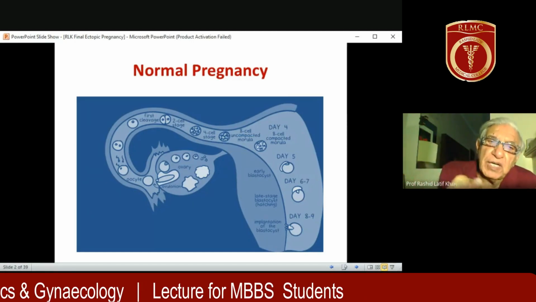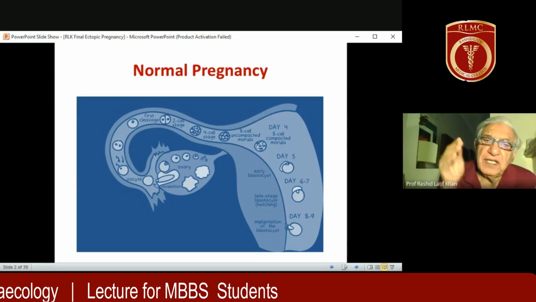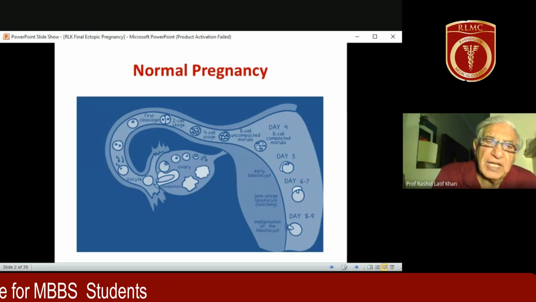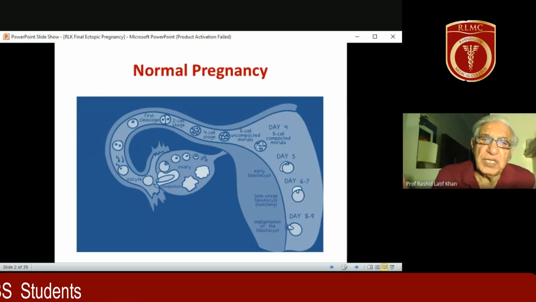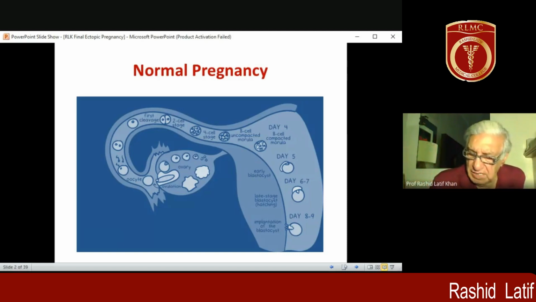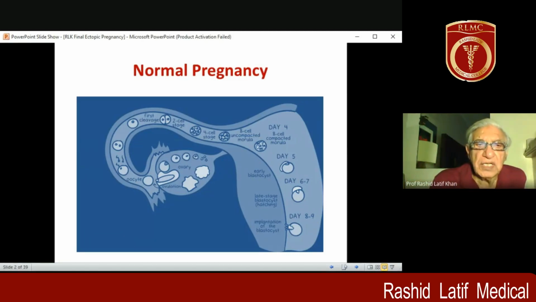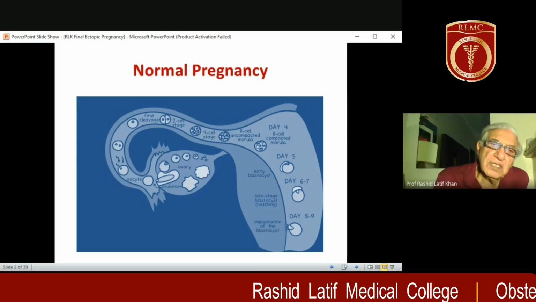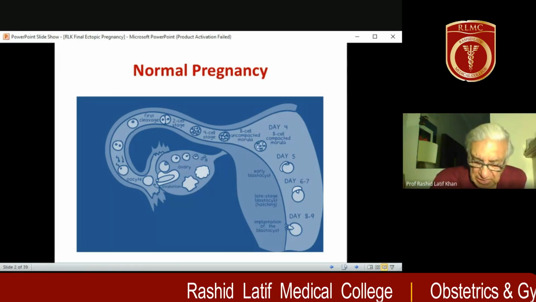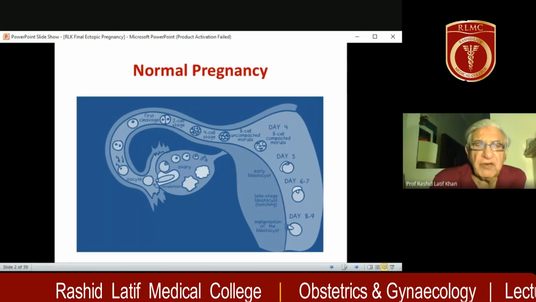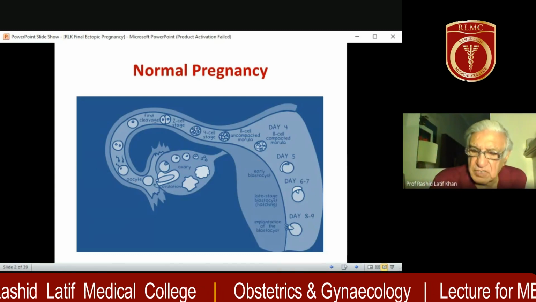So it will implant itself in the fallopian tube, instead of getting into the cavity, and any pregnancy outside the normal uterine cavity is an ectopic pregnancy, whether it is in the tube or anywhere else. So ectopic will take place if there's a delay in the passage as well. If it's too early, pregnancy will not take place. If it is too late, then the fertilized egg or embryo cannot pass through the tube and it will get stuck and ectopic will take place.